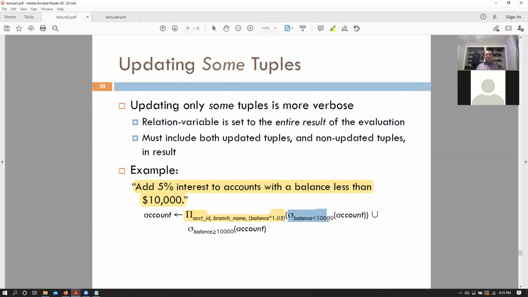And we select all balances that are less than 10,000 from the account. That gets us all rows from that account that have a balance less than 10,000, performs this generalized project operation, and we have all the rows updated to the new balance. But we also need to perform the union operation with all of those tuples that have an account balance greater than 10,000, right? Because otherwise we are overwriting those things. We also need to have those non-updated tuples as well.